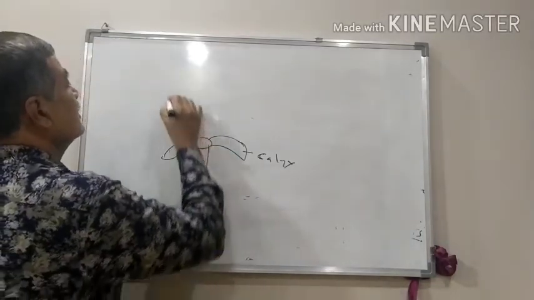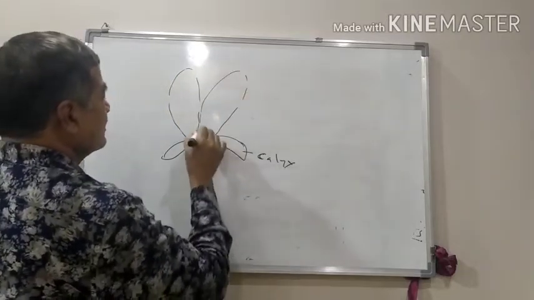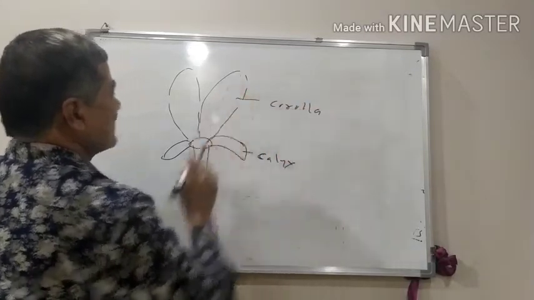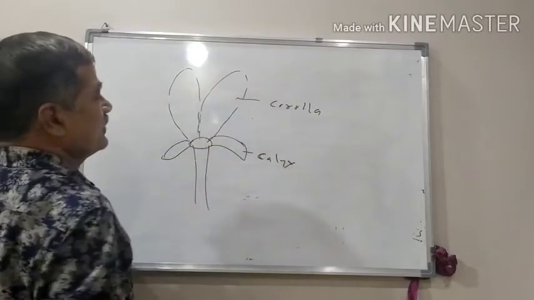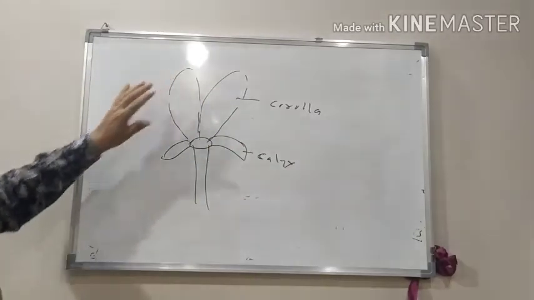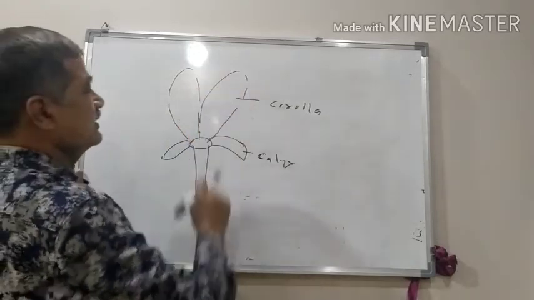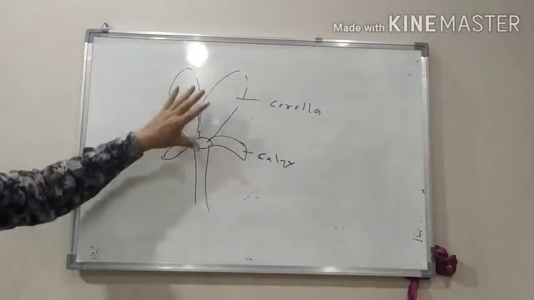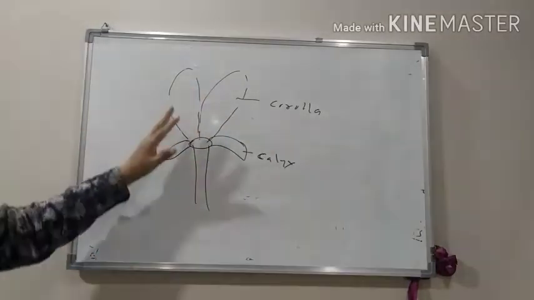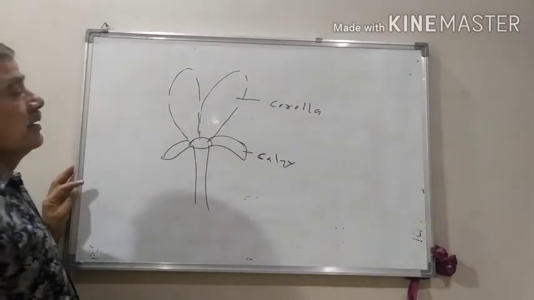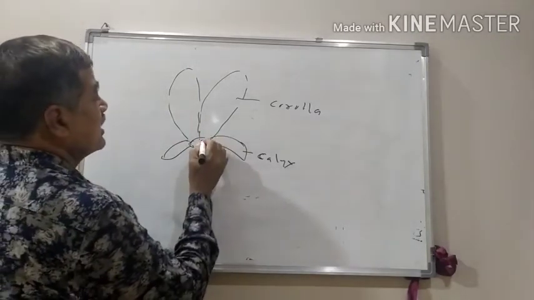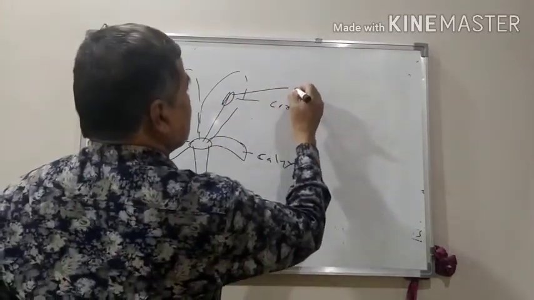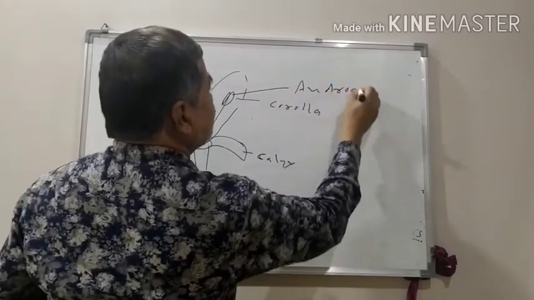The second whorl consists of the larger floral leaves, known as the corolla. The corolla is larger in size, contains scent of essential oils and varied colors, due to which it attracts insects for pollination. Calyx and corolla, these two floral leaves, are the accessory whorls. They do not directly take part in reproduction.